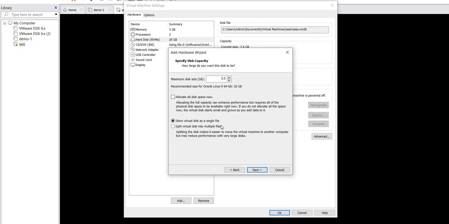So this second one is nothing but the allocation will be happening only full-fledged. Split is nothing but the data will be stored into multiple portions. It's a kind of shared device. Okay, so here I'm selecting